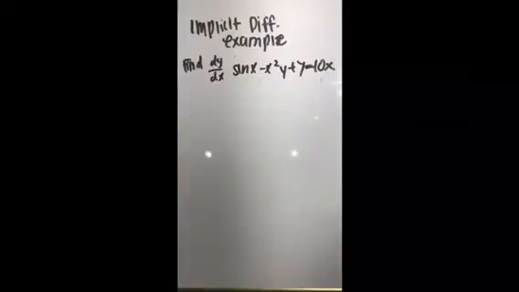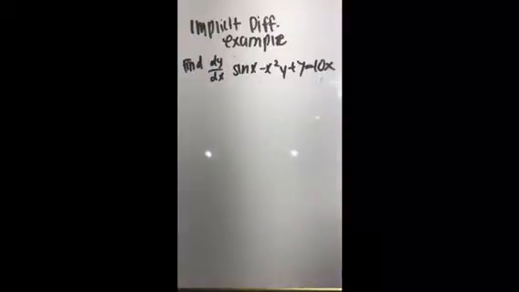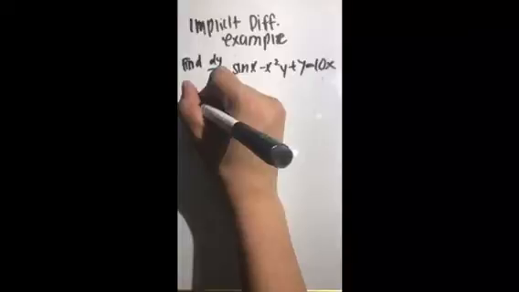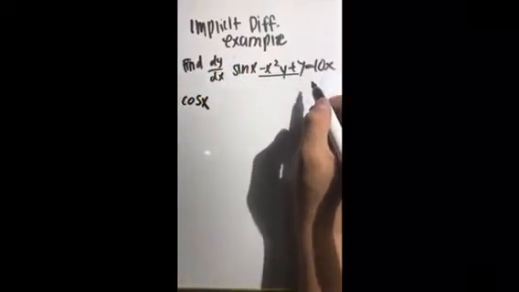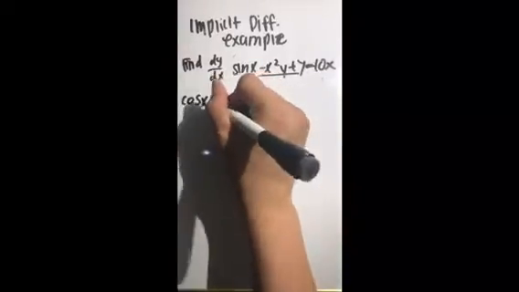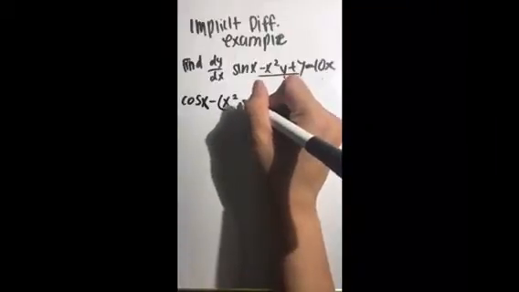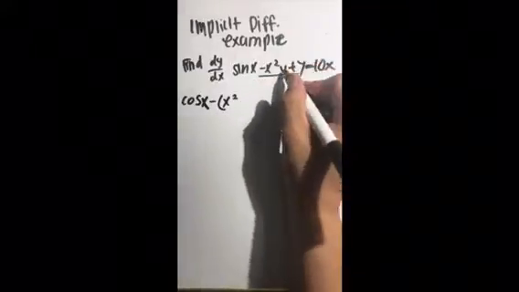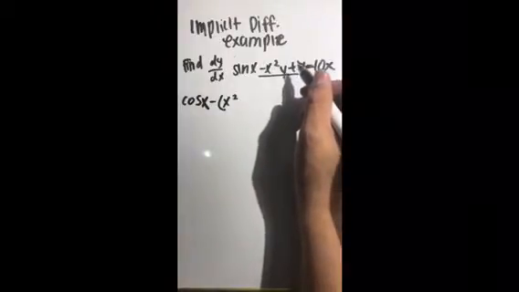So here's a slightly more challenging, a little bit more difficult problem for implicit differentiation. When finding this, we can find the derivative of sine x, as we should know from trig, is cosine x. And then for this part, we can use the product rule, which comes out to be our f of x, which would be x squared, times the derivative of our g of x, which is our y, but in implicit differentiation, we're going to need the dy